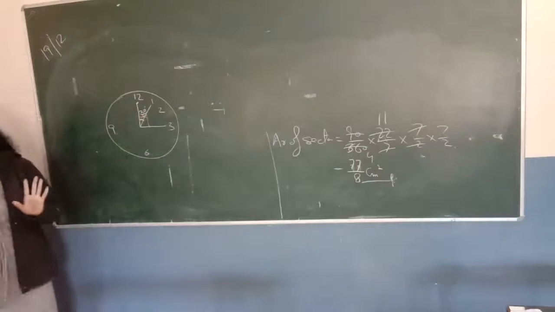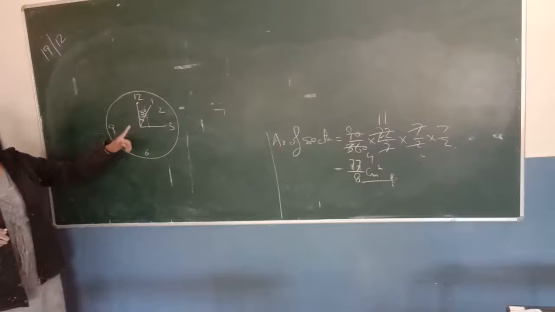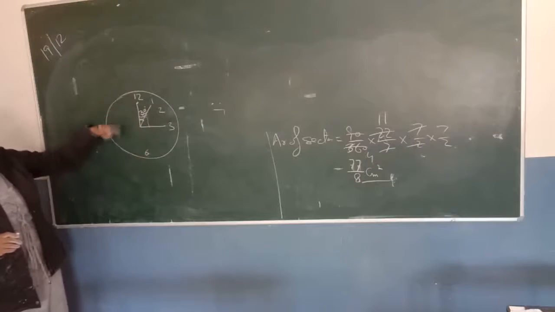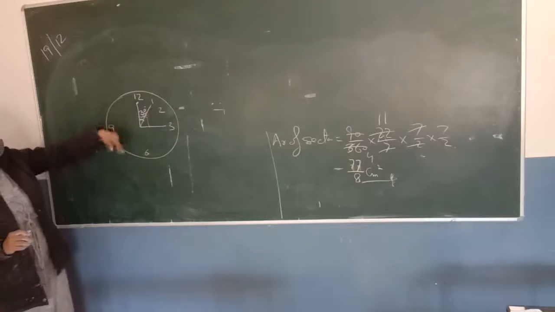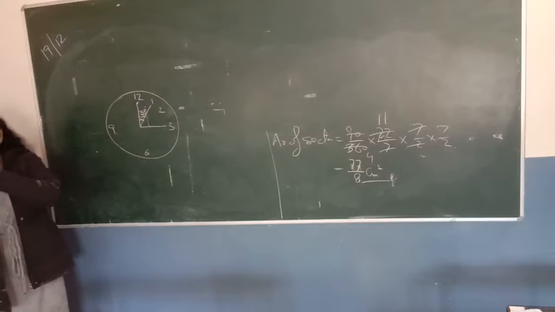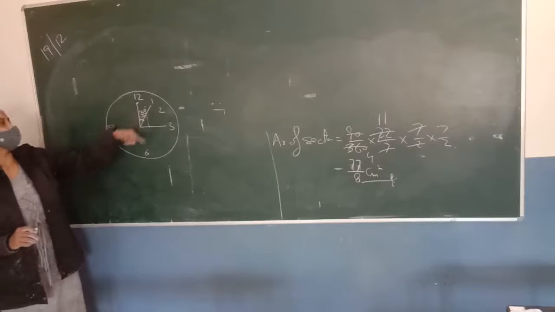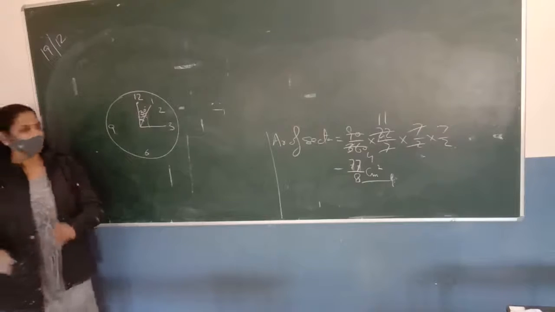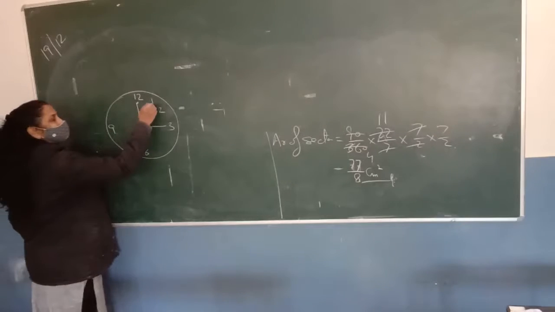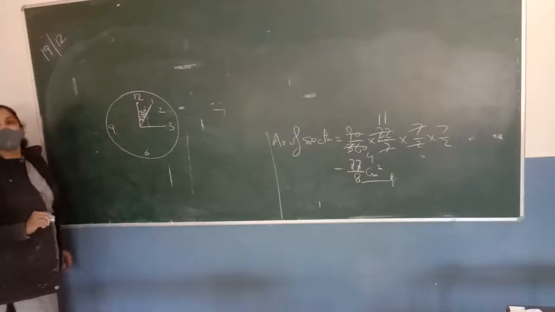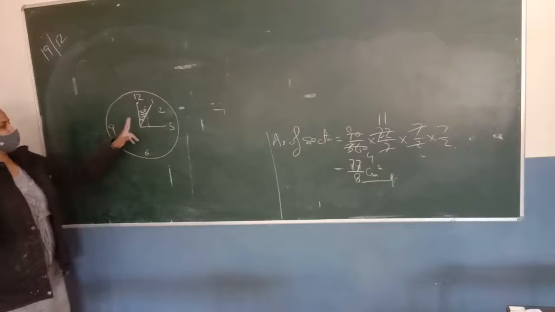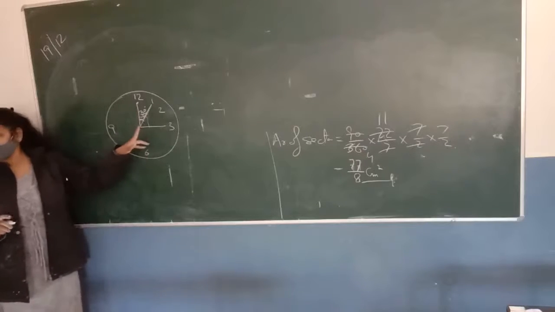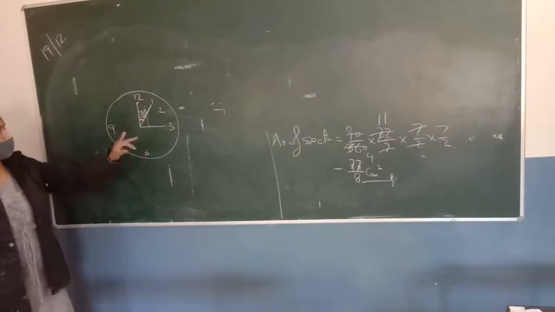First, we should know it. 1 मिनट के एंगल अगर निकालना है तो क्या करोगे? 360 को आप डिवाइड कर दो. कितने डिविजन्स हैं यहाँ पे? 12 से. 12 से तो 5 मिनट का निकलेगा. 360 को 60 से डिवाइड करोगे तो 1 मिनट का एंगल निकलेगा. तो जो उसकी भी जरूरत नहीं है. So we can find the angle for the 5 minute which is equal to 30. Since we know that the angle for the 15 minutes is 90, so we can calculate the angle for the 5 minute will be 30.